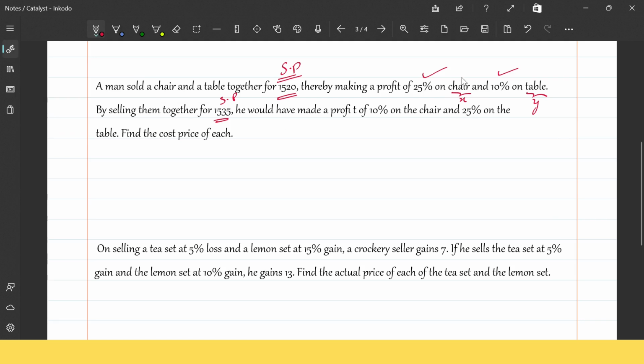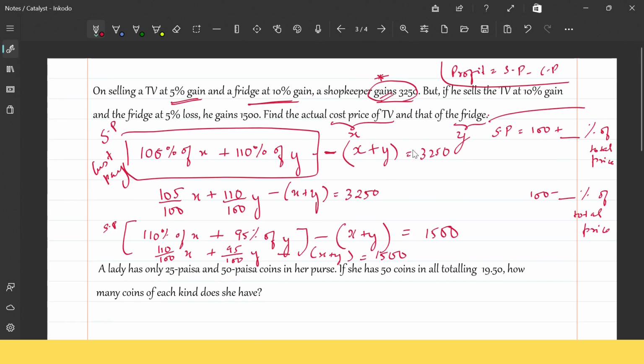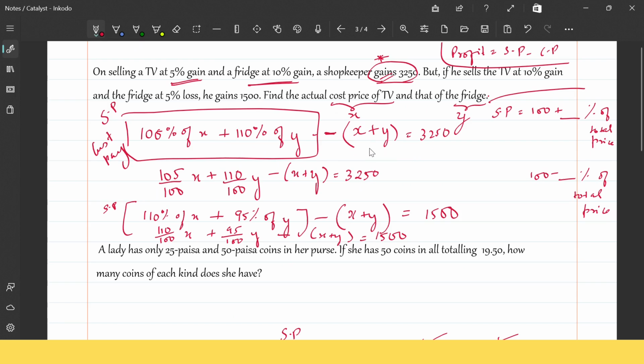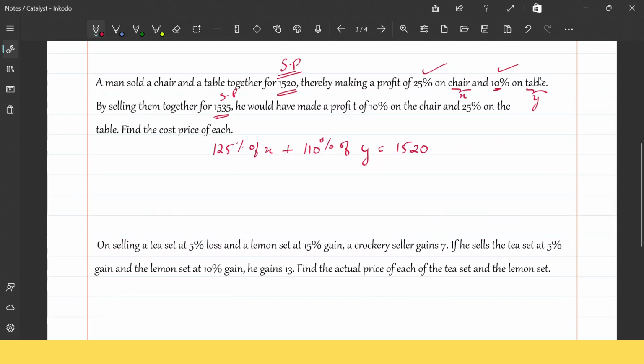Simple thing: if the cost of one chair is X and he's selling it at a profit of 25%, what will be the total selling price of that chair? It will be 100 plus 25, 125% of X, plus 110% of Y will give you 1520. Here again I did not subtract X plus Y, because we are not finding the profit, we are finding the selling price, and this is how you find the selling price. Okay, note this down and keep it. This is the difference. So the equation will be 125 by 100 X plus 110 by 100 Y equal to